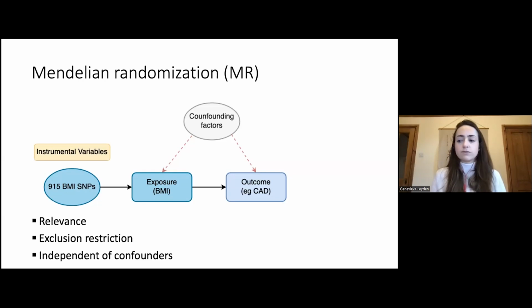And that natural randomization process and its consequences for inference is analogous to what you'd observe in a randomized control trial. So the analysis is very unlikely to be affected by confounding. Another primary advantage is the avoidance of reverse causation. Because we're considering inherited genetic variants, the directionality of the effect is known and the genotype remains constant throughout lifetime.